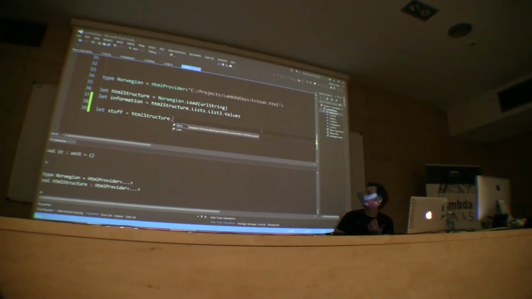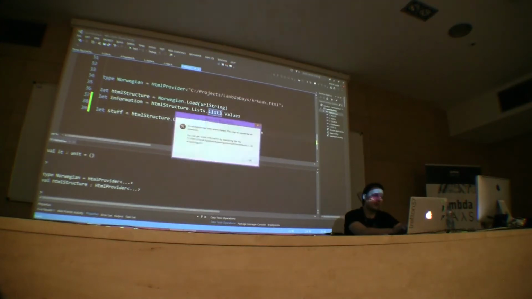And now when I press that dot, I can get some elements from the website. So this can, in a smart way, parse things like lists, tables, and some other structures. So I see that I have some lists here, and they usually get some weird naming if they're not named in the HTML. So this is called list tree, and this has some values. So I get what values will be held in this list.